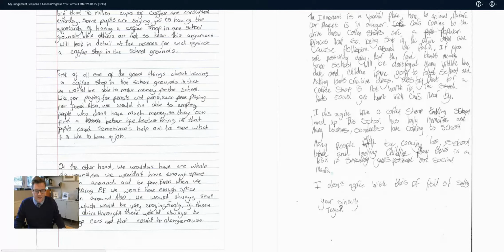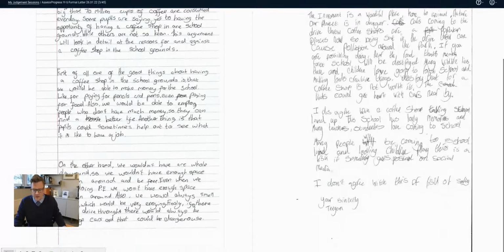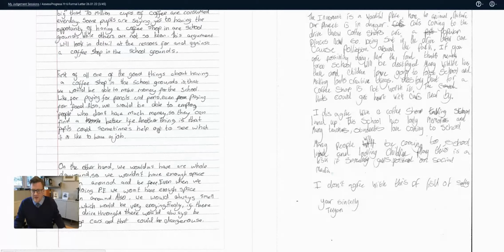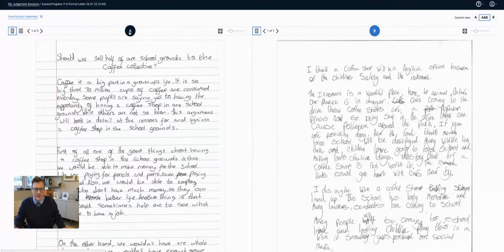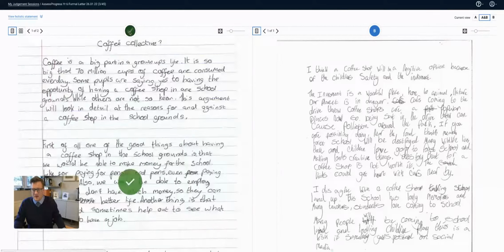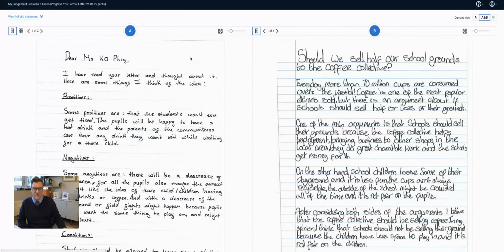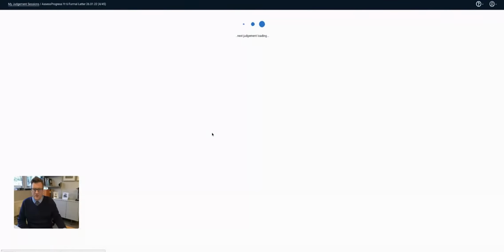So I've got a different contrast here. This one finishes like a letter, doesn't start out like a letter. This one gives a reasoned argument and doesn't finish like a letter. But what I'm going to say in this opinion, the 4 paragraphs that are written in here, I think give a better overview with much more detail for the reasoning behind the choices that the child makes. So for that reason, I'm going to suggest that in terms of answering the question and making the argument better, and given some detail there. And for those reasons, then I'm going to choose this one and just submit that information.